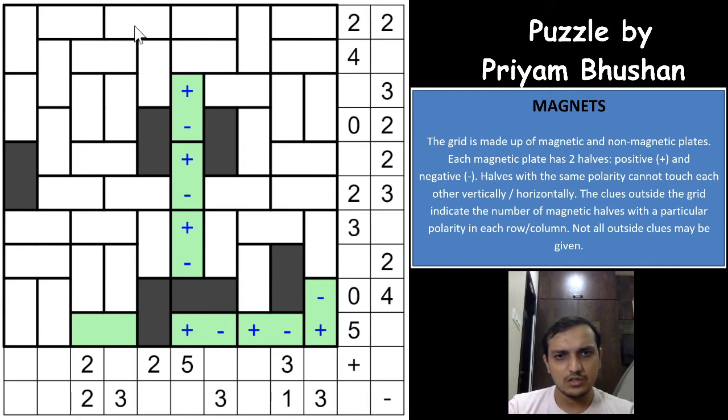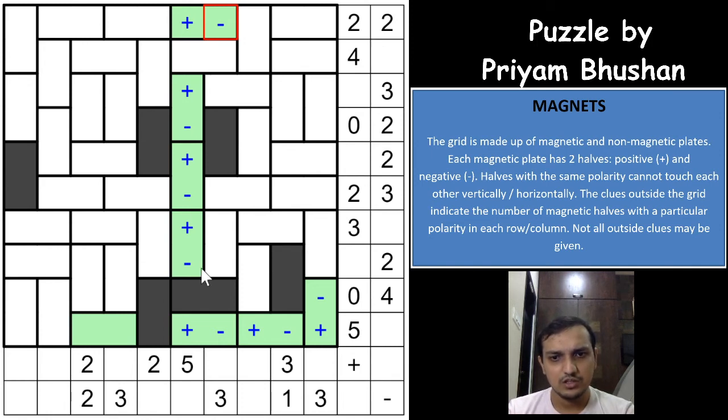Okay, easily you would have done that easily. So if you see the 5 here, there has to be 5 positives, and the fifth positive will have to be this magnet, because you cannot have a positive here. You already have a positive here, you cannot have a positive symbol here, which means this has to be positive and this has to be a negative. Great.